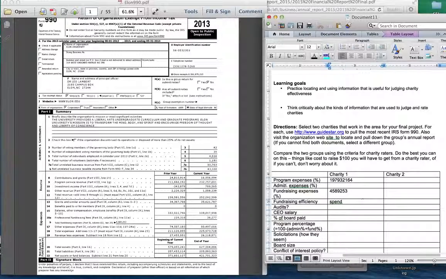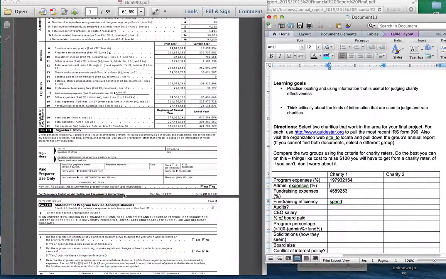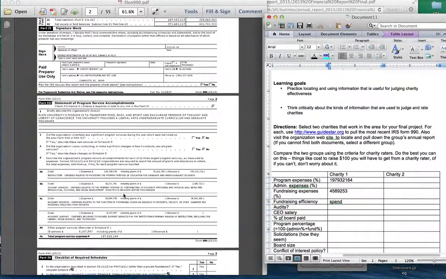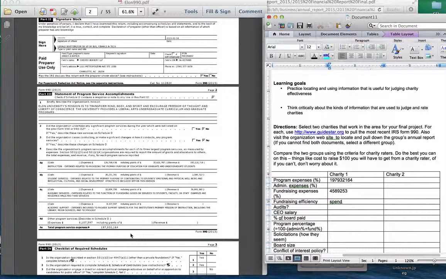Another level of expenses are what we call the program expenses, and on a 990 that's done on page 2. On line 4E right here, total program service expenses, which Elon clocks at $197,932,164. Now, one thing that I'll want to keep in mind, just sort of with my critical thinking hat on,